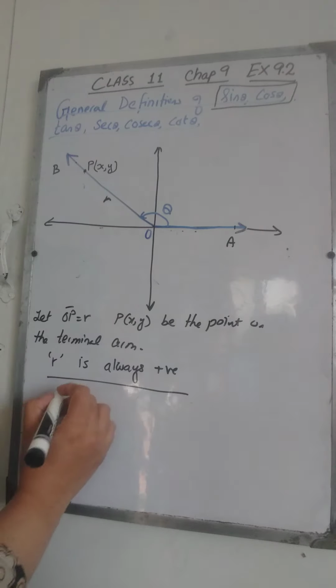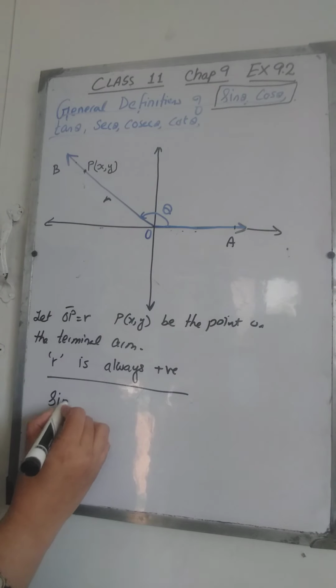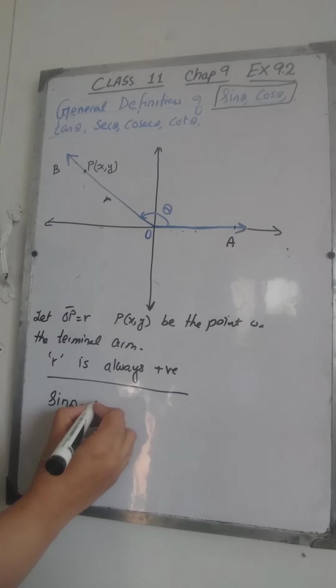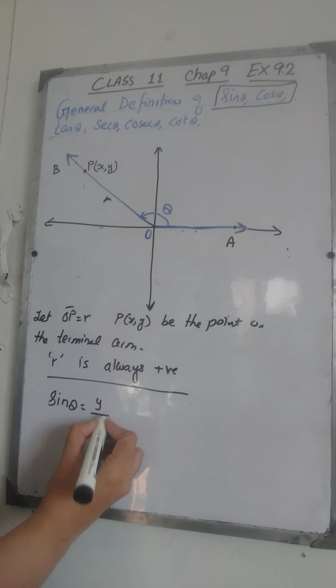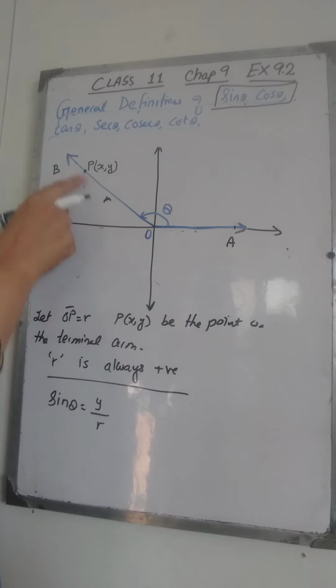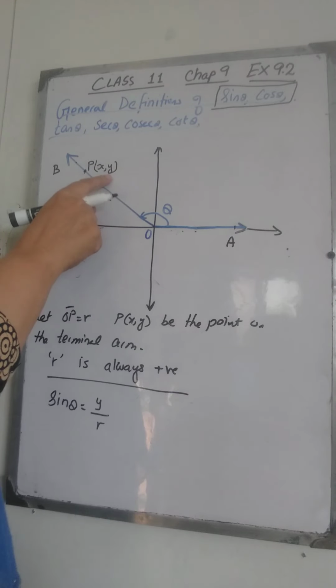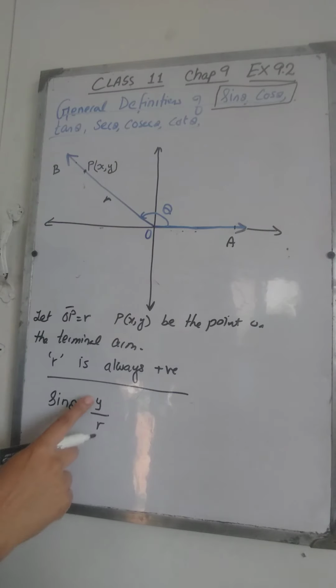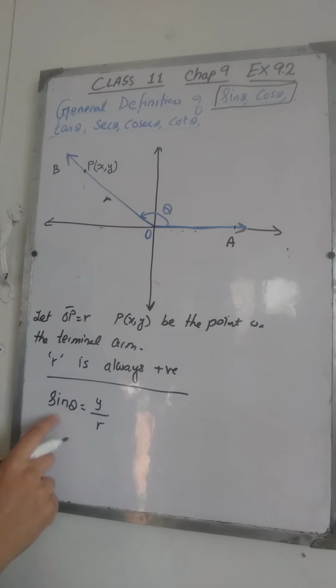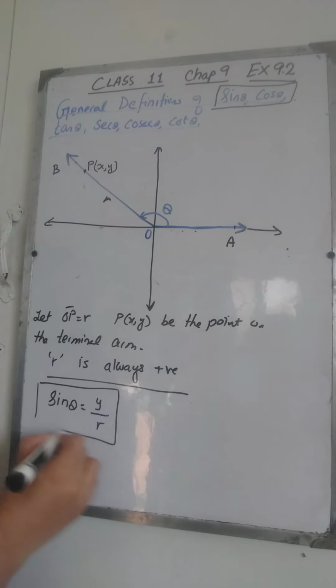Now the definition of sine is the ratio of two numbers. The first will be the y coordinate of this point over R, where R is the distance of the point from O, and y is the y coordinate of this point. So you are going to take the y coordinate of the point and divide it by this R, this distance OP. It will tell you the sine of this angle. So the ratio of these two is called sine theta.